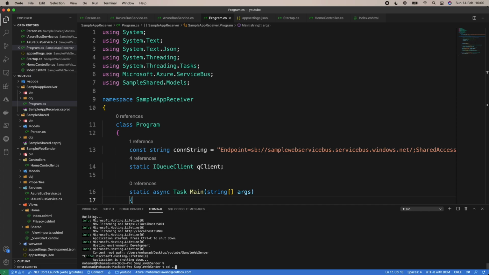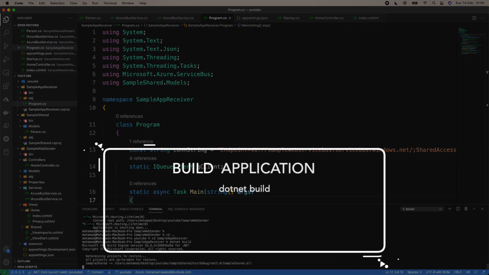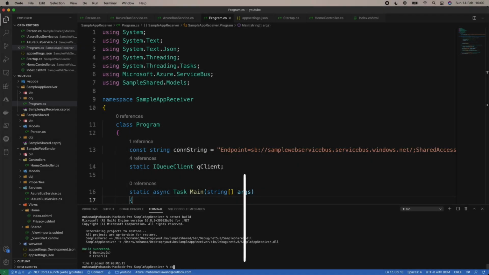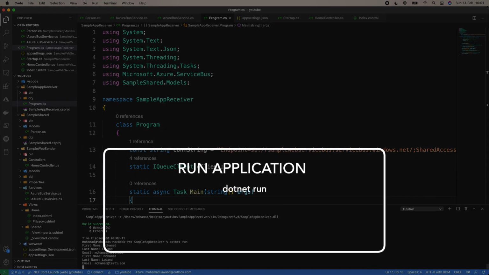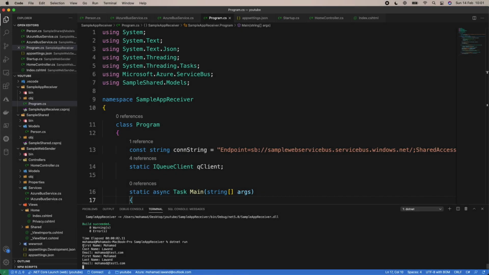So let's navigate to the sample app receiver, and we'll first build it, dotnet build. Perfect. And now let's run it, dotnet run. And we can see that it got the first name, last name, and the email, first name, last name, and the email. Perfect. So let's open another terminal,